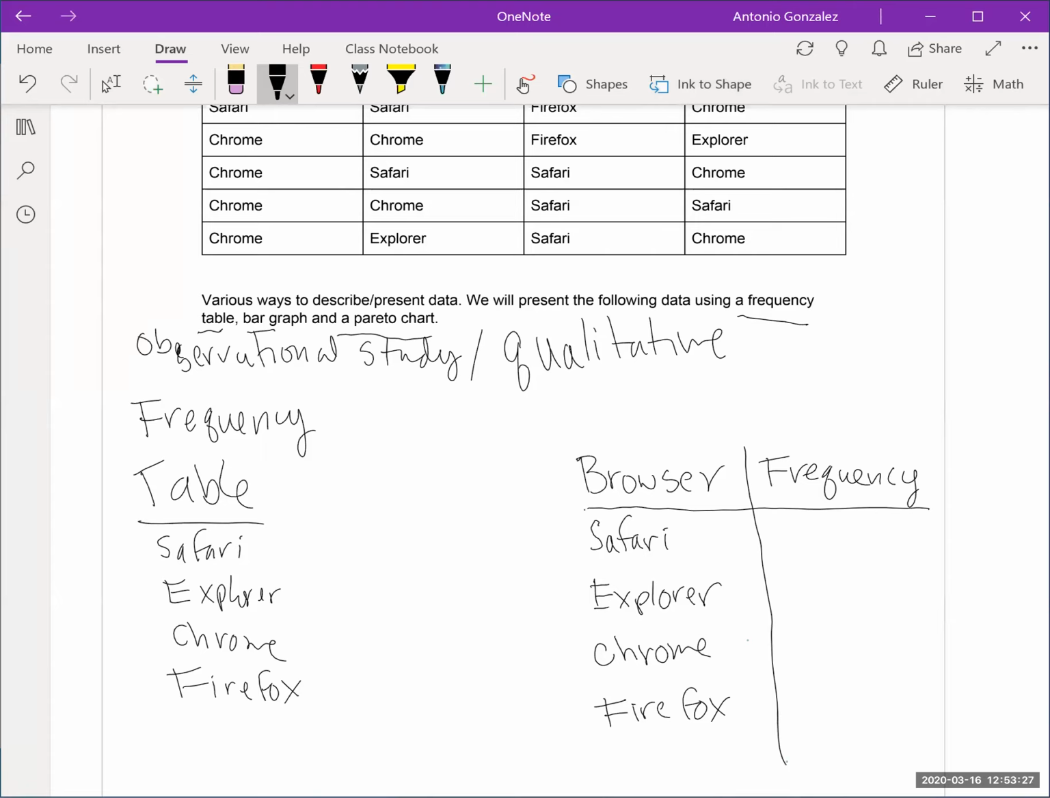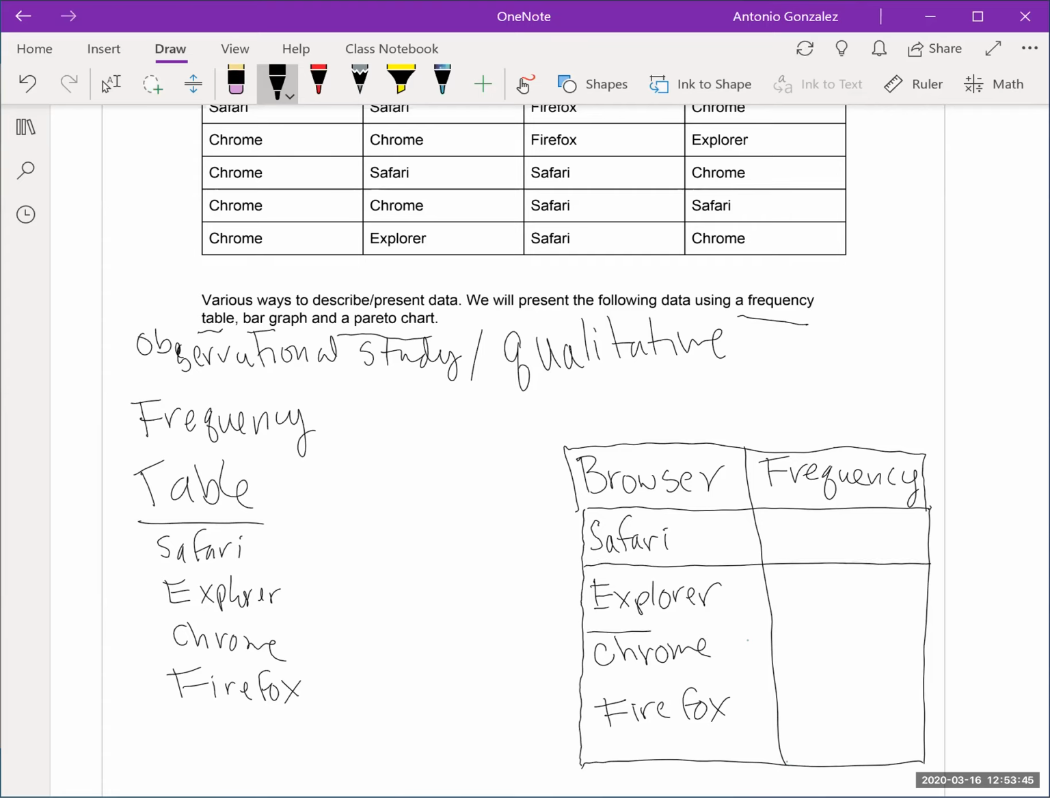Okay, and then try to make it as nice as possible. I need a ruler here, but just kind of separating our data. All right. Okay, and then so browser, right? Our qualitative data here, the different qualitative data. And what I want to do next is go to my data